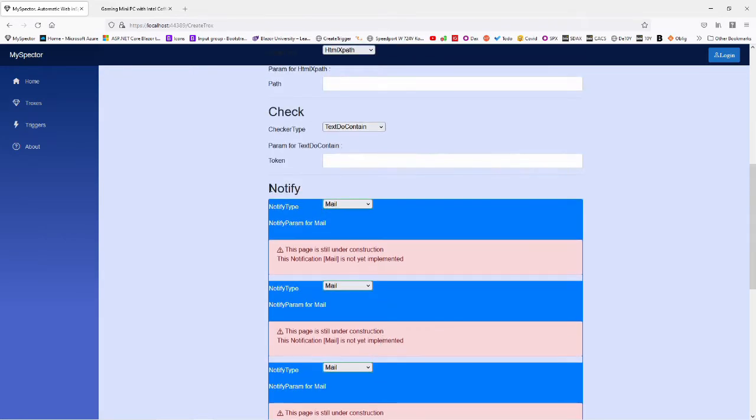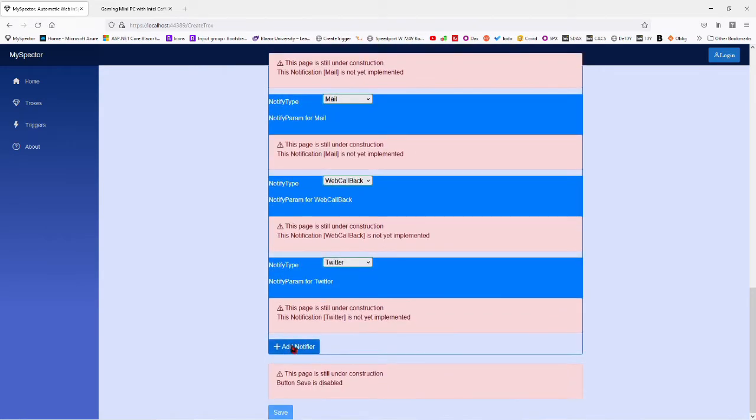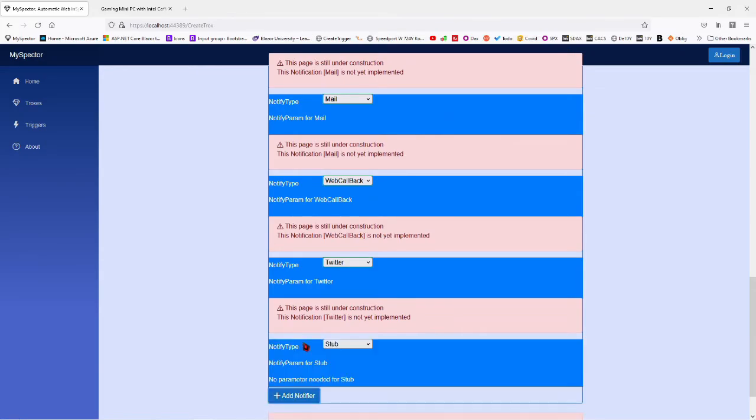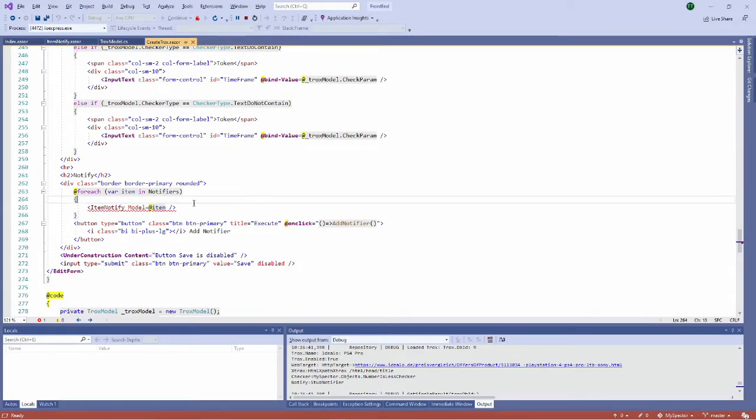What you have to understand is that these notifications can be added dynamically, and I am updating the web page dynamically by creating a new notifier item, which is implemented in the code with a foreach loop. This takes only this part in the code of the create Troxes page, and it is like doing some code extraction. Generally you speak about method extraction or class extraction. Here, what I have done on the create Troxes page is I have extracted the item notify component.